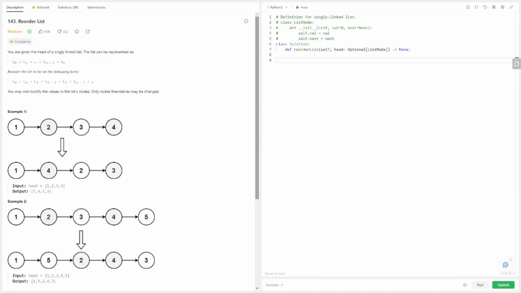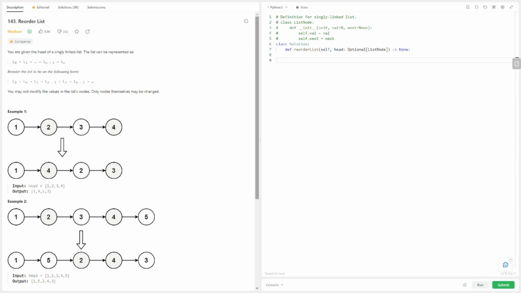Hello everyone, let's talk about Leetcode question 143, reorder list. Now this problem is very popular and for good reason, as it covers some of the main concepts found in linked lists. This question asks to rearrange nodes in a linked list in a way that satisfies the conditions met here,